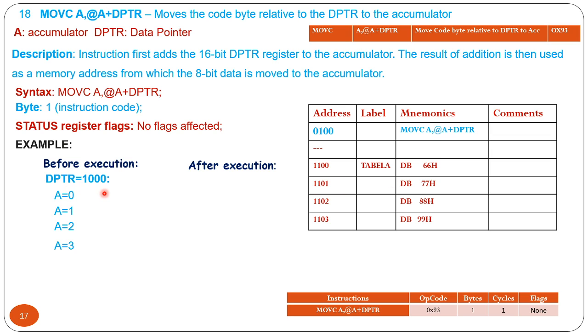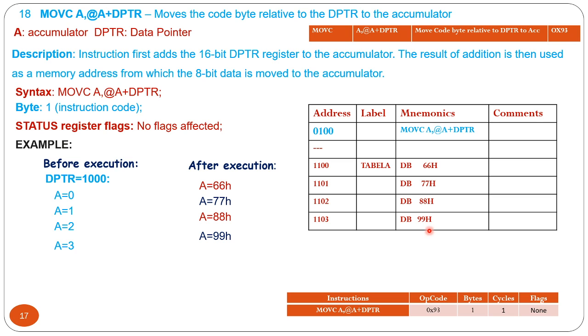Now see, this is DPTR. The starting address is 1100. That DB has 66H data, incremented by 1 has 77H data, incremented by 2 has 88H data, and DB means defined byte having this data.